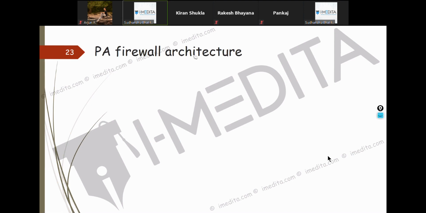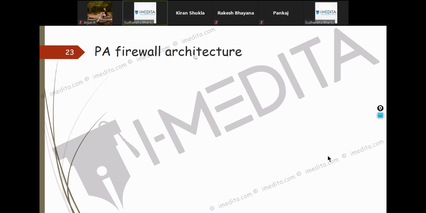Panorama for labs is mostly not available. In our practice sessions, we are going to directly configure the firewall, not push configurations through Panorama. See, Panorama is not for everyone. Panorama is mostly for people who have a lot of firewalls.